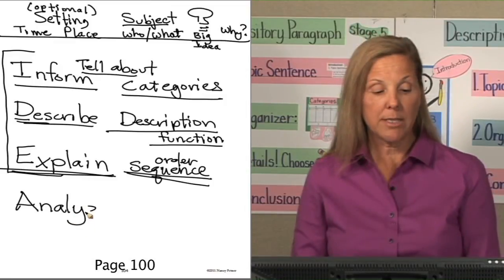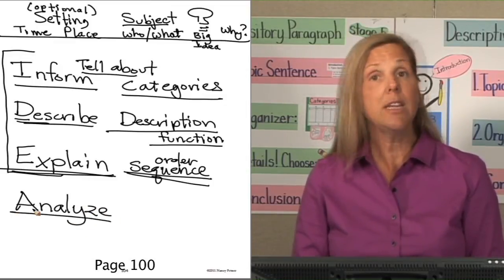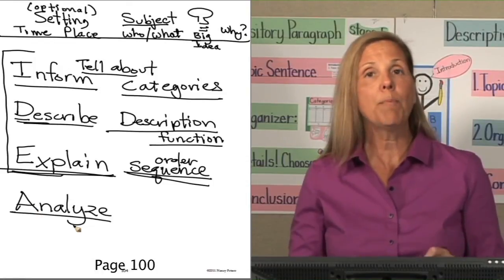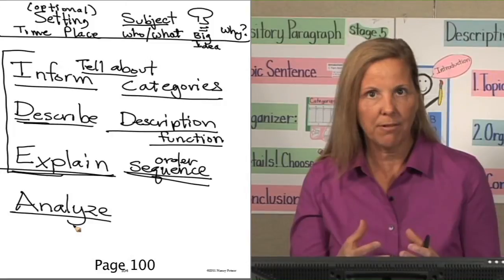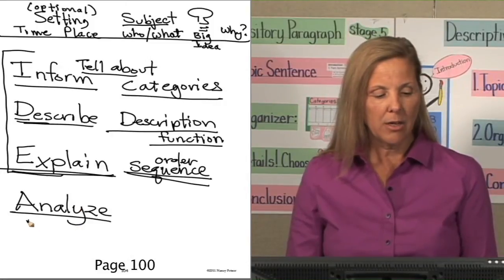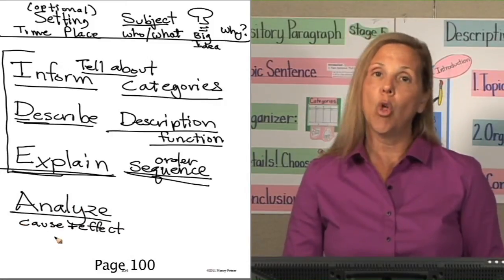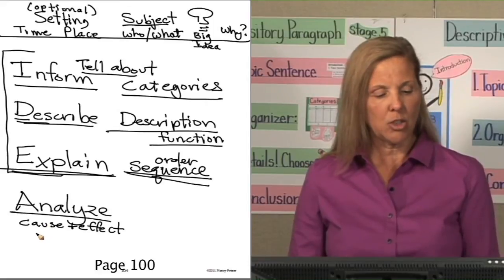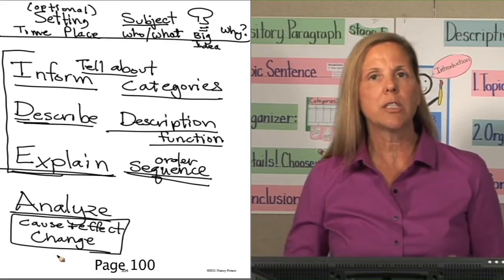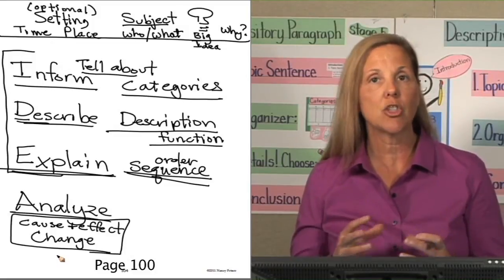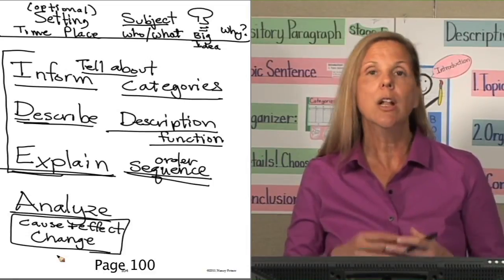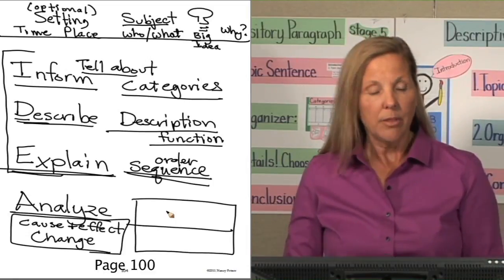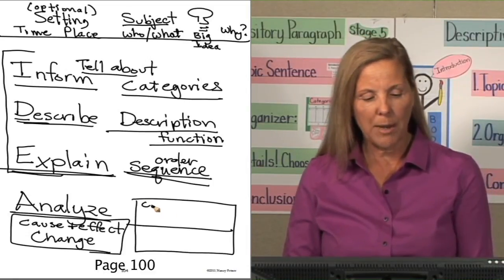The next purpose is to analyze. Three different organizers here. The purpose to analyze information is a much deeper type of thinking. One will be cause and effect, and the whole purpose of cause and effect is to explain change. So when your information is about how something changed, a condition changed, an event happened, which shows change, then you're using cause and effect. The other two are compare